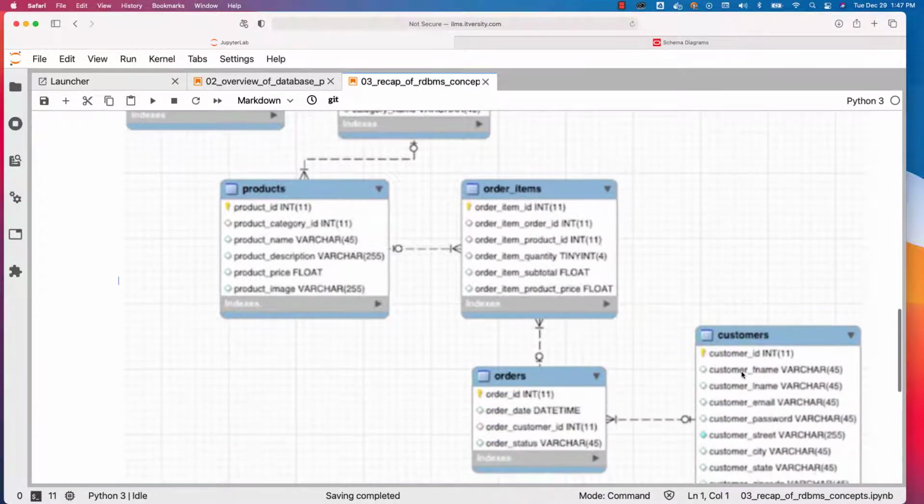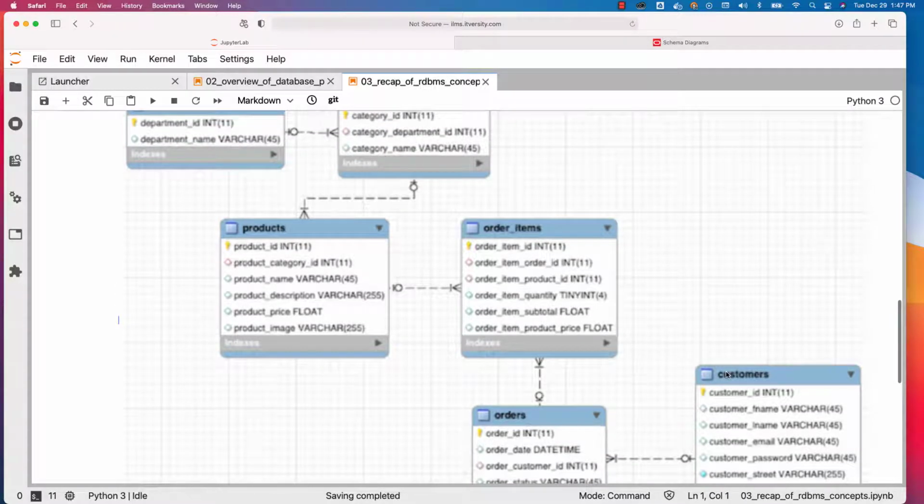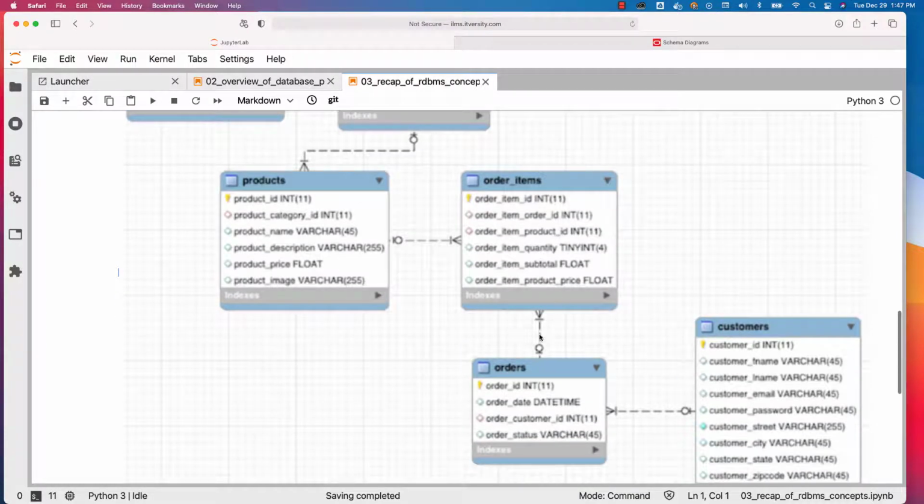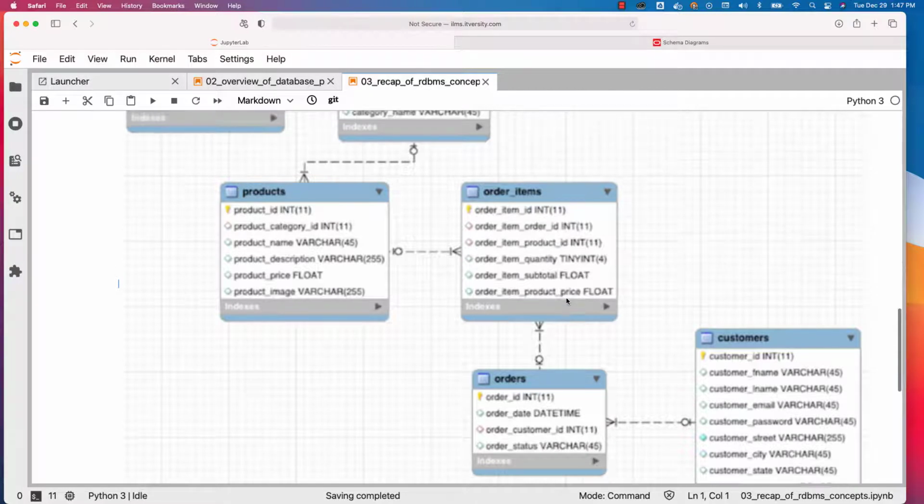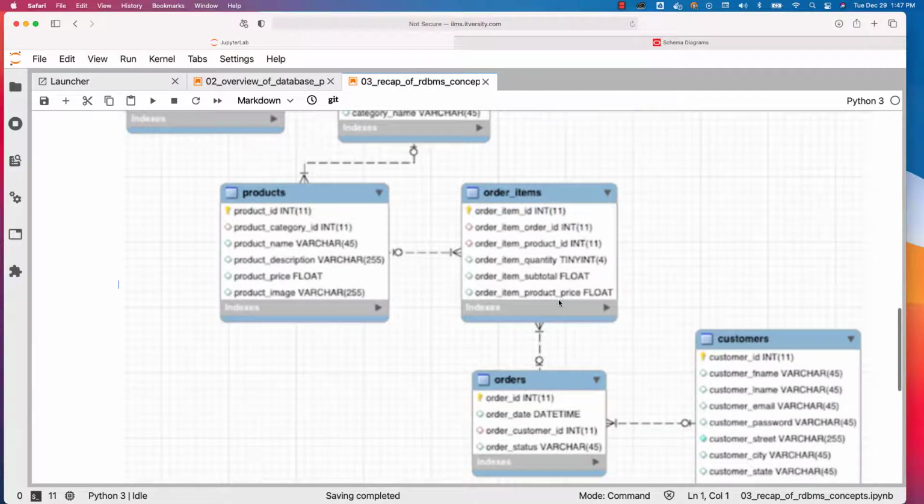Same is the case with customers. Customers might be 10,000 or 20,000 or 100,000 depending upon the scale of your e-commerce platform. Even customer data doesn't change as much when compared to transactional tables such as orders and order items. Now, when it comes to relationships between orders and order items, it is one-to-many. You can see one here and many here, the fork icon, which means for a given order, there can be as many items as there can be. Same is the case with customers and orders. With respect to products, we have a one-to-many relationship between products and order items.